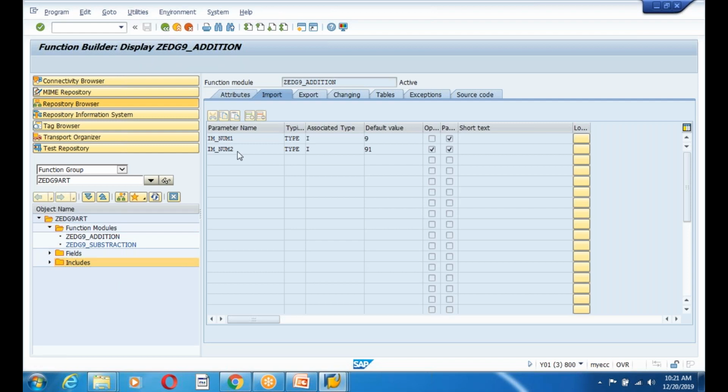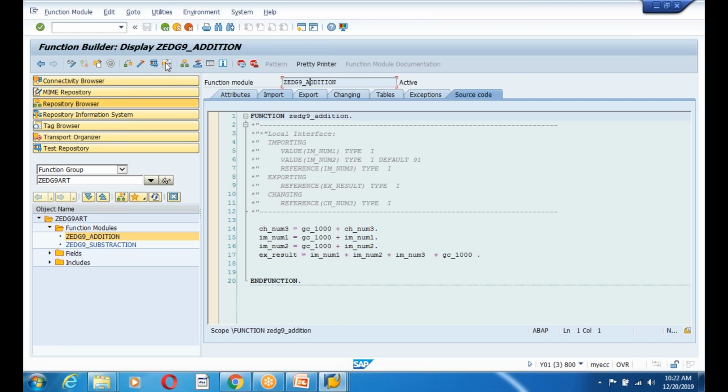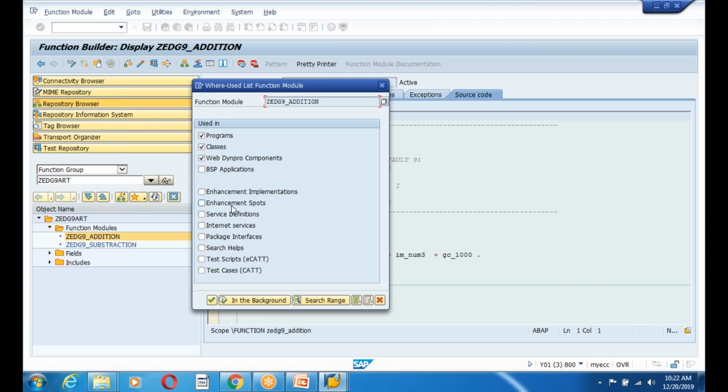In the same way, go to the function module, select the function module, click on the where-used list, and it asks me, these are my objects in ABAP, guys. We have programs, classes, web Dynpros, BSP applications, enhancements, enhancement spots, services, web services, internet services, packages, search helps, test scripts. Okay, a lot of things we have. So where this function module is used, some of them are selected. If you want to search only in which